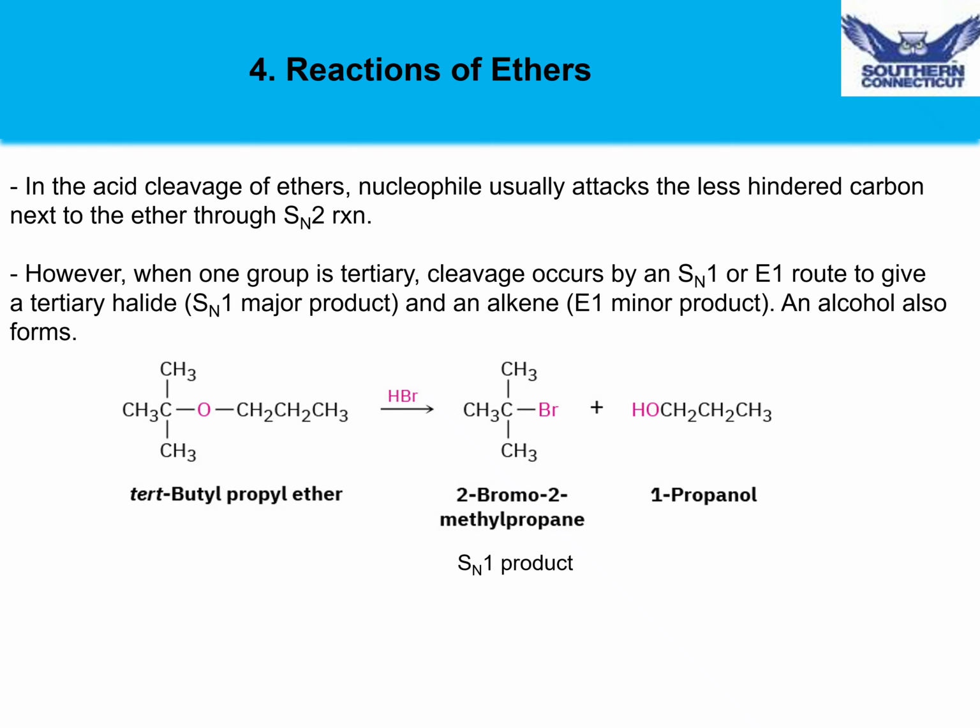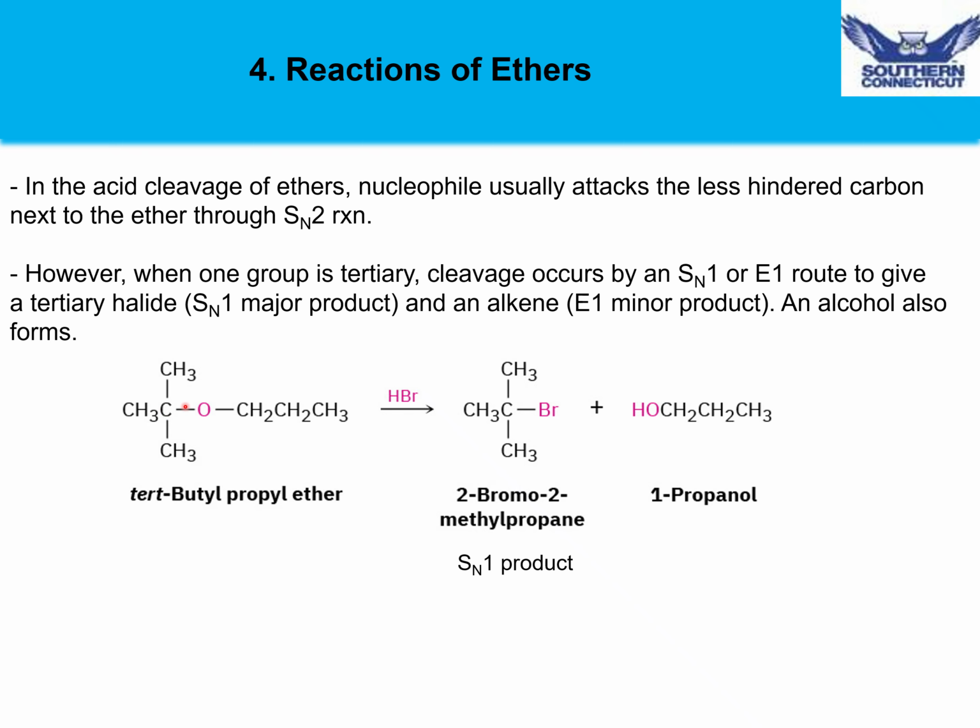Here's an example. We have tert-butyl propyl ether, and we're going to add HBr and heat the reaction. Generally, the first step will involve the oxygen attacking the hydrogen and being protonated. And then that creates the opportunity to form a carbocation since we have a tertiary carbon next door. So